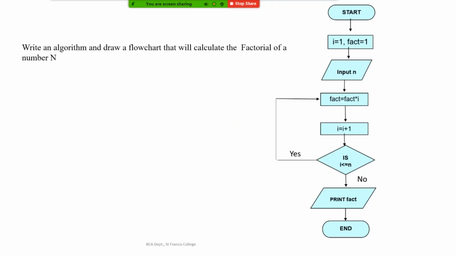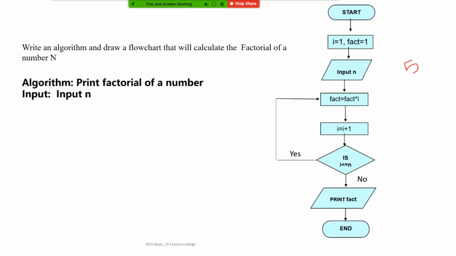So here we have put up an algorithm, which is a step-by-step procedure for how to find the factorial. The aim of the algorithm is to print the factorial of a number, and we are asking the user to enter a number. When I run the program, if I enter 5 as an input, what we enter through the standard keyboard is taken as an input to the program. It should give an output. What is our aim?